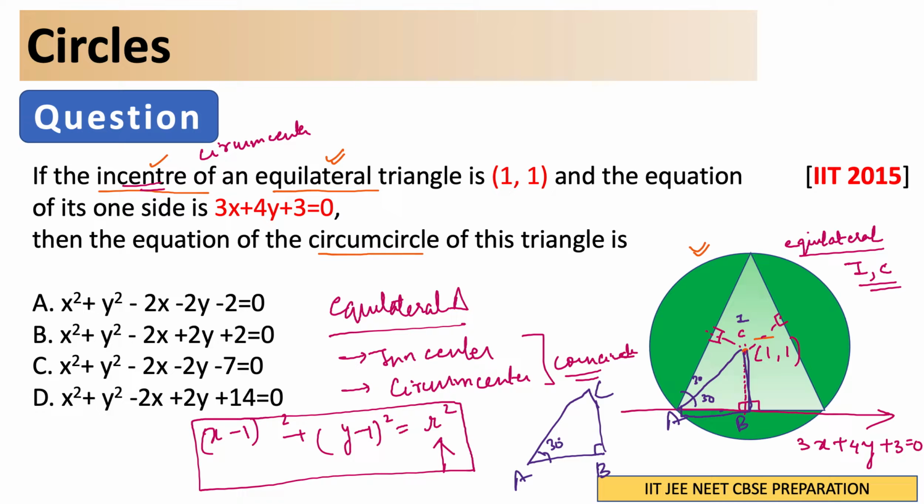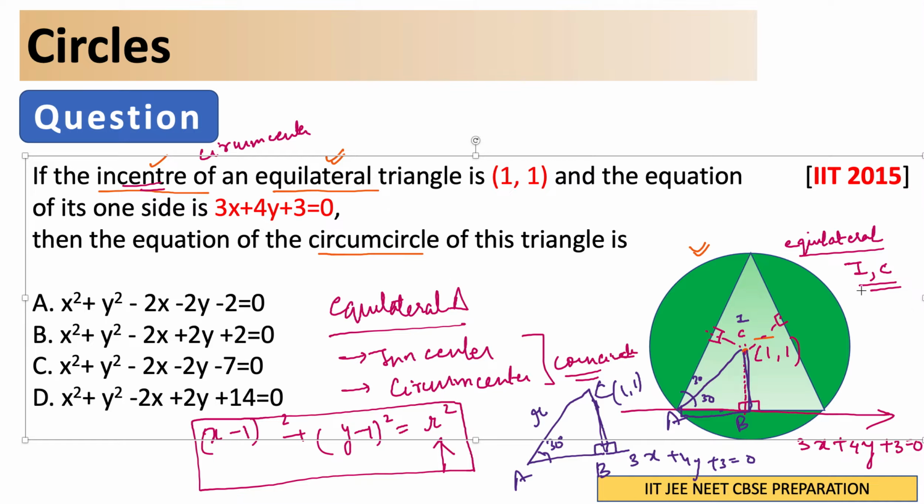If this angle is 30 and angle B is a right angle, then can you find the value of R? We can find that out. How? This perpendicular distance we can find from straight lines, right? Because C is (1, 1), you can find the distance of a point from a line, since the line is also given to you, 3x + 4y + 3 = 0. So find CB. The CB is going to be, let me write it on a new sheet, like this.